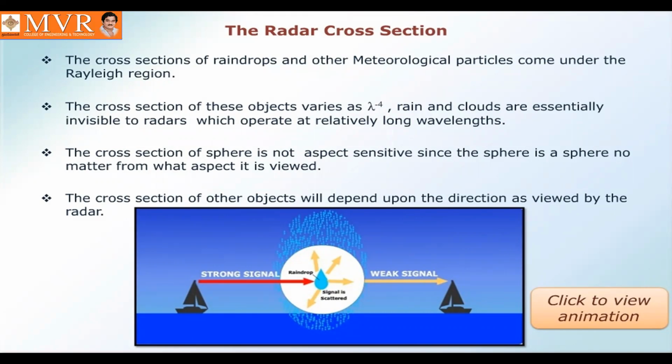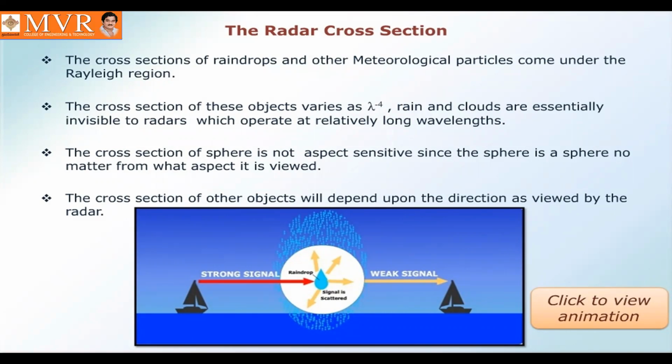Why? Because we already know that the reflected signal has very weak strength, that is, the amplitude of the signal is very small. Thus, even though the signals are reflected from atmospheric particles such as raindrops, there may be a drop in the signal strength. So that is a weak signal.